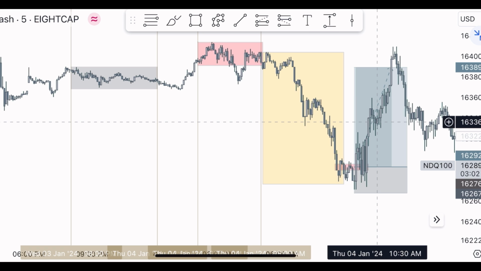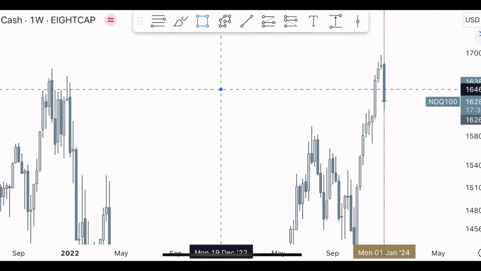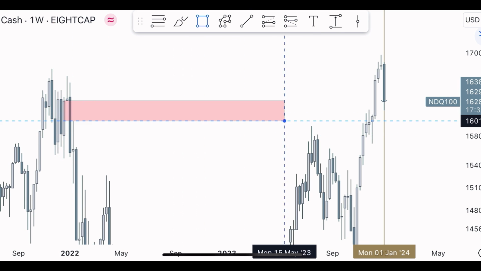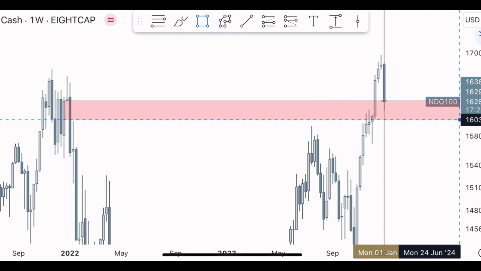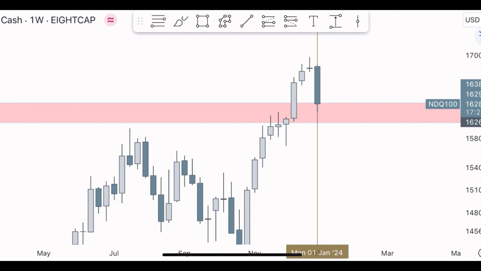Another reason for the entry was a breaker block on the weekly. Let me show you. Here you guys can see that on the weekly there was an order block, but it got violated, so it became the weekly breaker block, and the price usually pumps from here. So when that Judas swing or fake move happened, the price came down into this breaker block, and then we got a bullish structure on the 5-minute. That was the main reason I longed